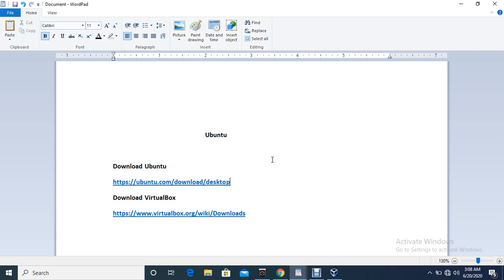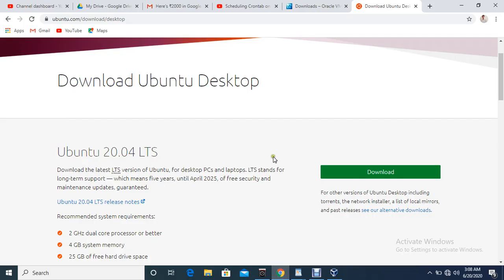When you're planning to install Ubuntu server, like Ubuntu OS, you need two things. One is the Ubuntu OS image and one is VirtualBox software. You can easily download these two things from the internet.